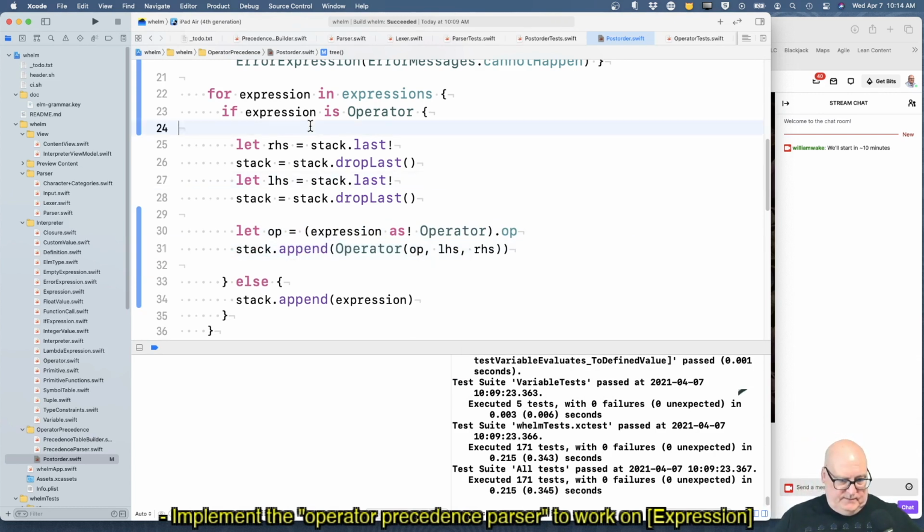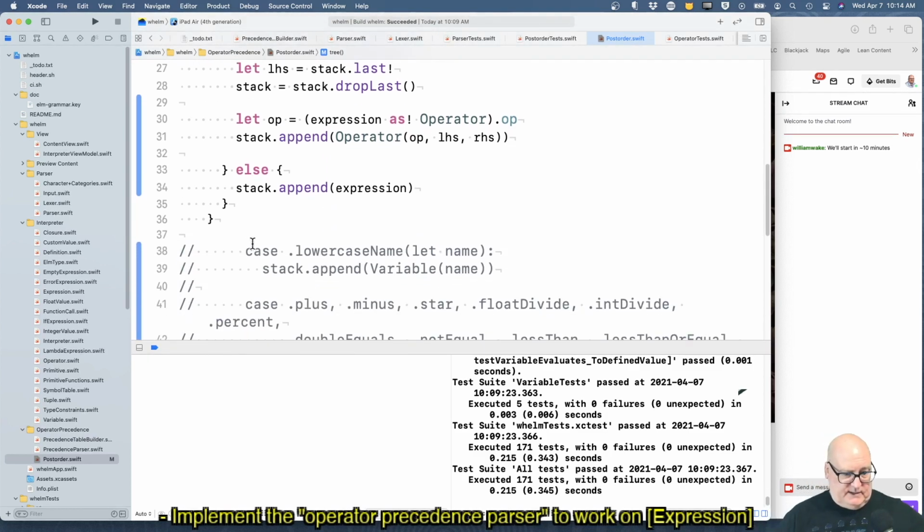Okay, so if we have an operator, we pop the last thing off the stack as the right hand side. The next to the last thing is the left hand side. This is the input. So this is A B star. We hit a star, which is operator star empty empty, and now we're going to push an operator with the actual left and right hand sides.